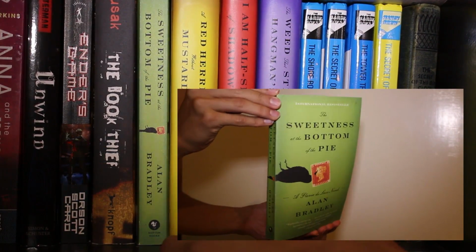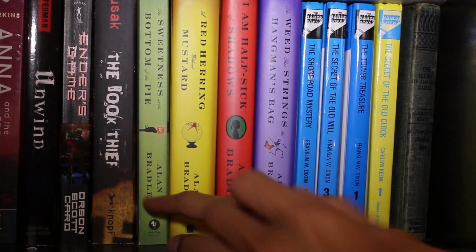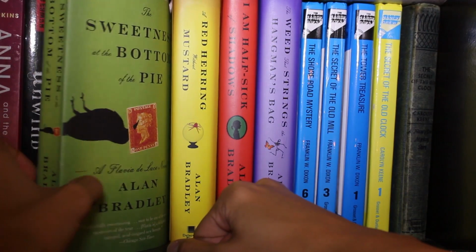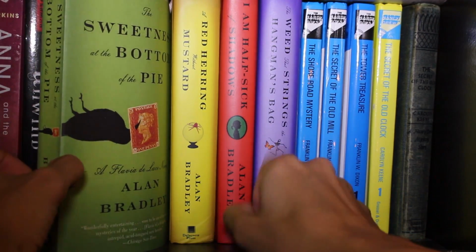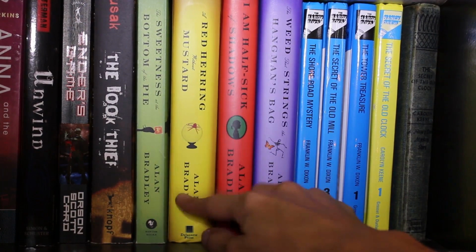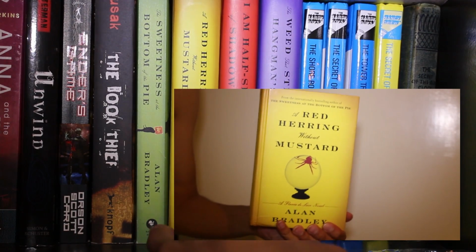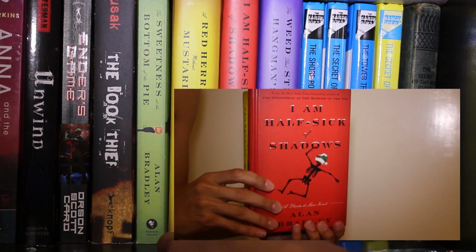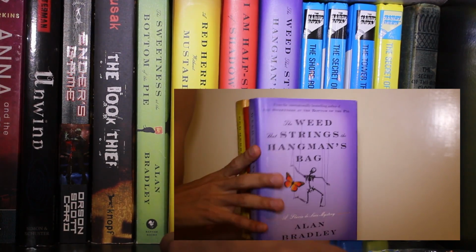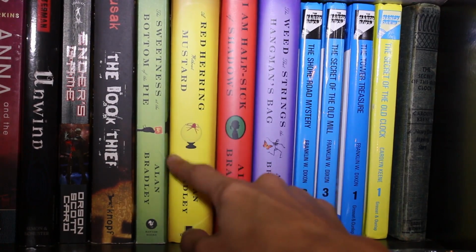And then the next continuous books are all by the same author. I don't know what the whole series is called actually. I know it's the Flavia de Luce series, maybe? But yeah, we have A Red Herring Without Mustard, I Am Half Sick of Shadows, and then The Weed That Strings the Hangman's Bag. I've read The Sweetness at the Bottom of the Pie, and then I bought these books,